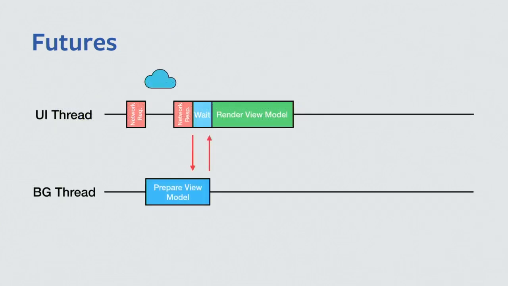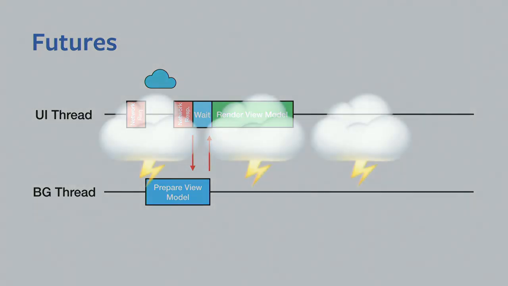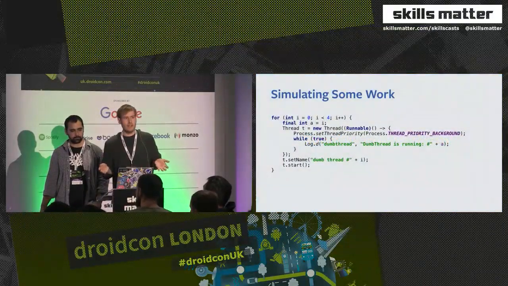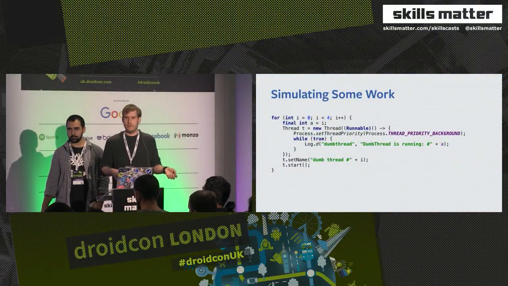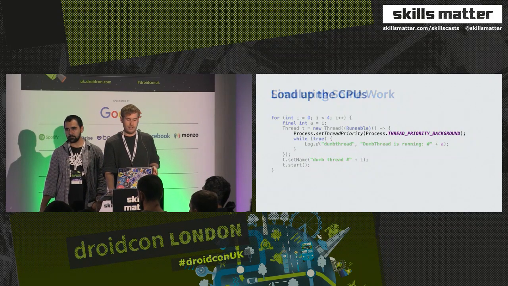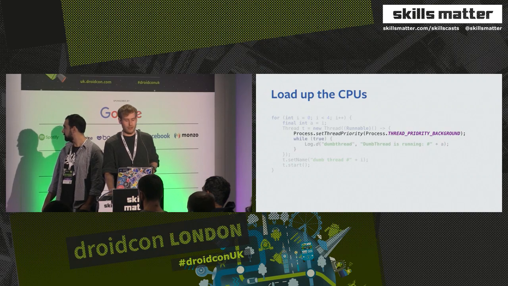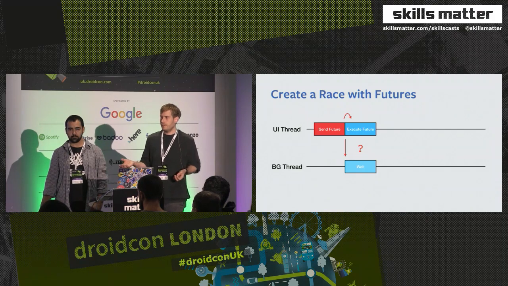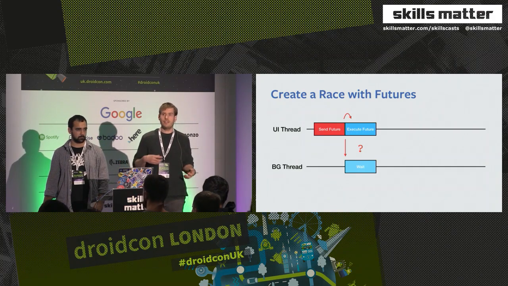Unfortunately, I would love to say that this was the magic solution to our problems, but it actually had a lot of issues, and we'll talk about an experiment that we ended up running to try to highlight some of them. For this experiment, we first tried to simulate what might be happening on some of the phones that we're seeing bad behavior on. So we loaded up the CPU a little bit more by running some threads that are doing just throwaway work at a low priority. Then we wanted to set this up so that sometimes the main thread would be able to do the work, and sometimes the background thread would get to it first, and the main thread has to block